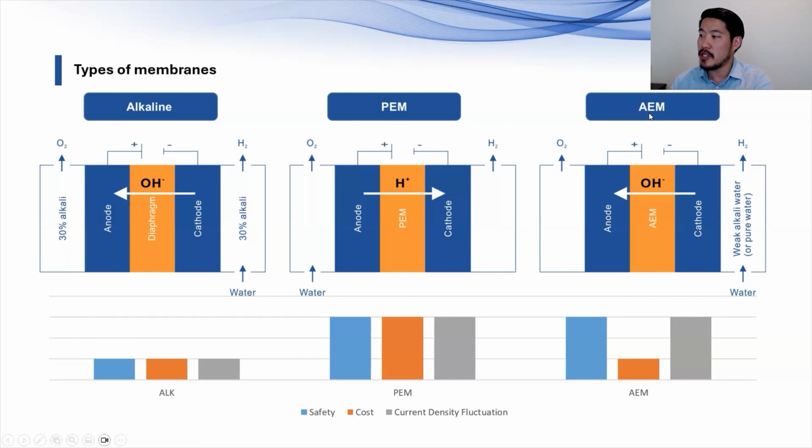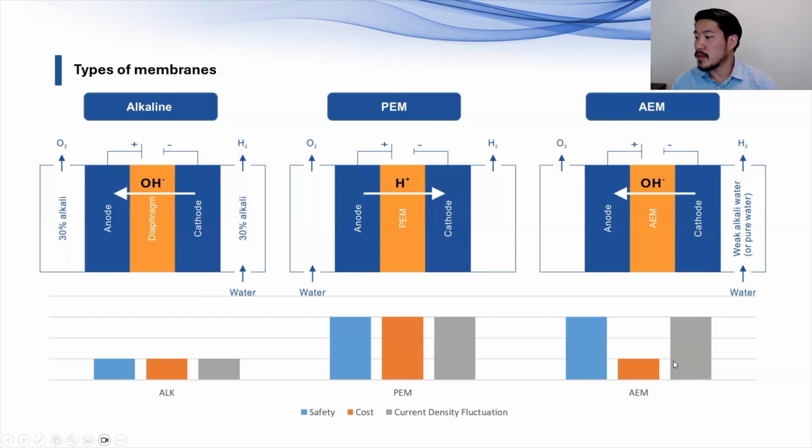Understood. Which also brings me to the anion exchange membrane. The anion exchange membrane takes the best of both worlds of alkaline and PEM. It processes similar to the way alkaline does, as you can see here, and also uses pure water. But it doesn't require those expensive catalysts that PEM requires. And the anion exchange membrane is now adjusted for pore size so that it can prevent hydrogen crossover as well. So overall I rated the safety really high, with low hydrogen crossover. It's relatively cheap as you don't need those expensive catalysts. You can use things like nickel or iron.